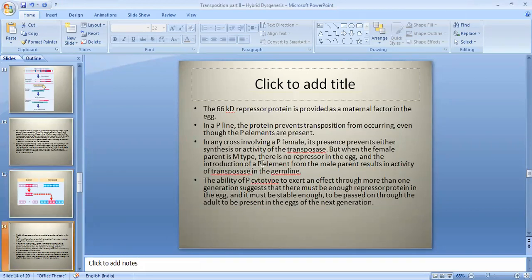Now, the 66 kilodalton repressor protein is provided as a maternal factor in the egg. Now, you know this. Why does the maternal cytoplasm, I mean the ovum cytoplasm, have this 66 kilodalton repressor protein? Because you know when the egg is fertilized,